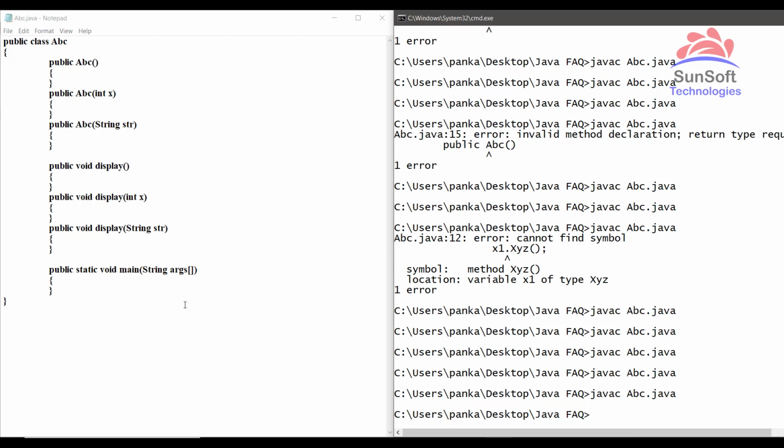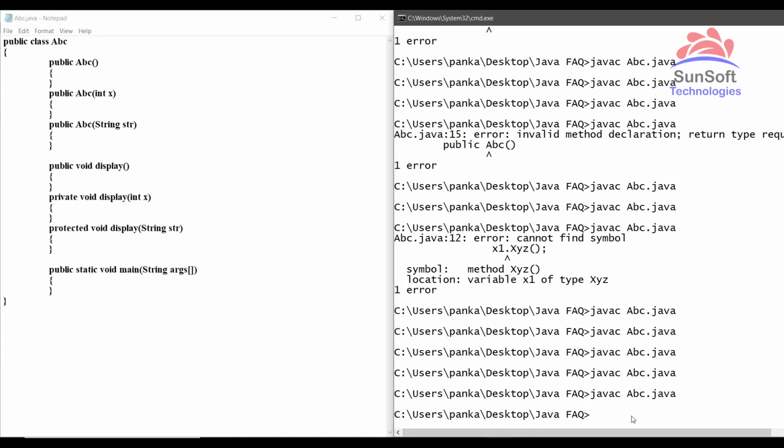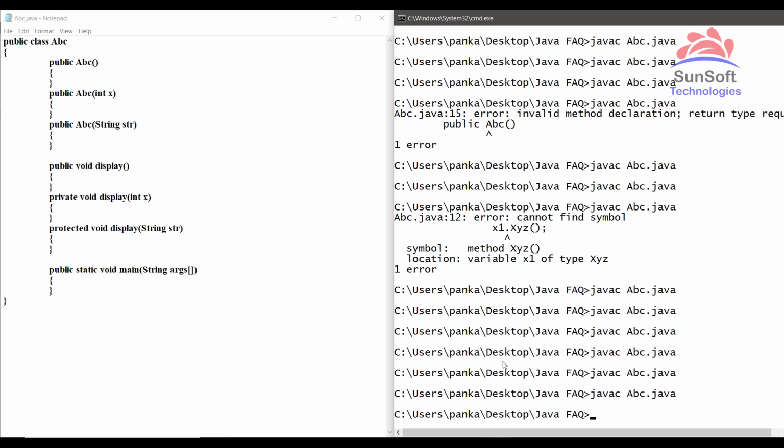Second similarity: both support access modifiers, that is public, private, protected. Already we know we can declare the methods as private and protected, and save it. If I try to compile this code, yes, it's compiling.